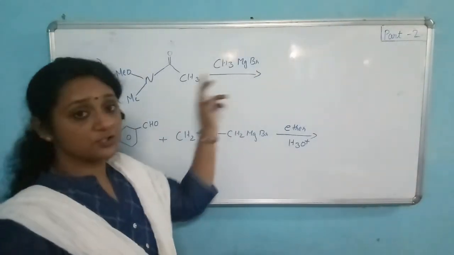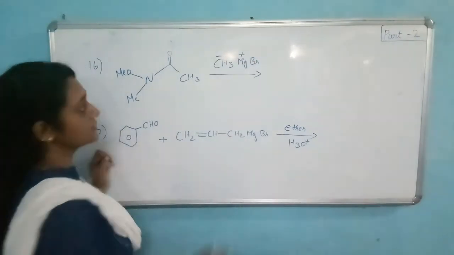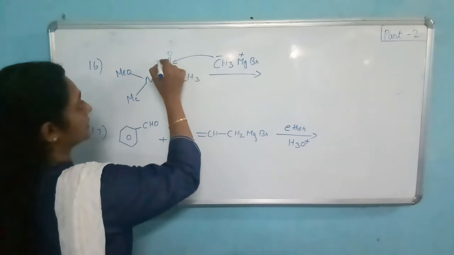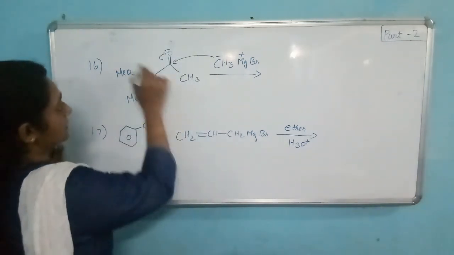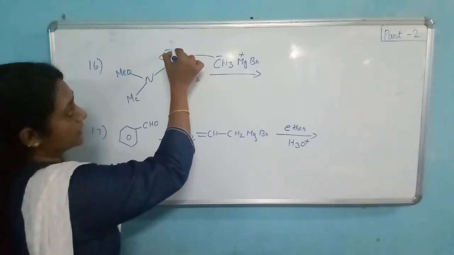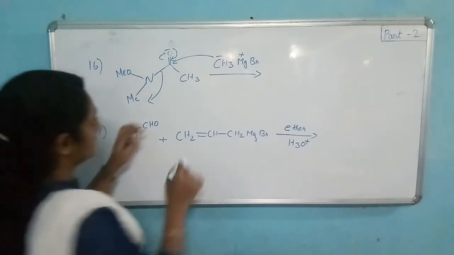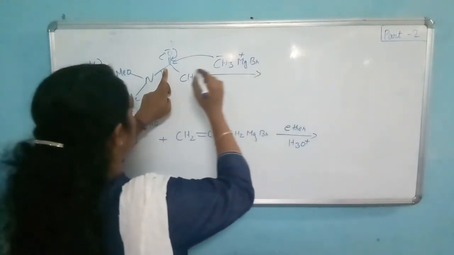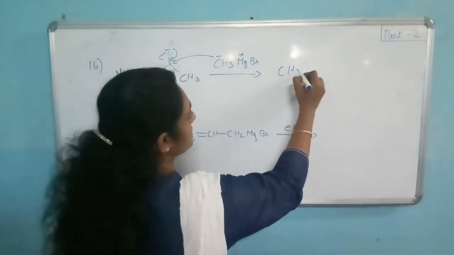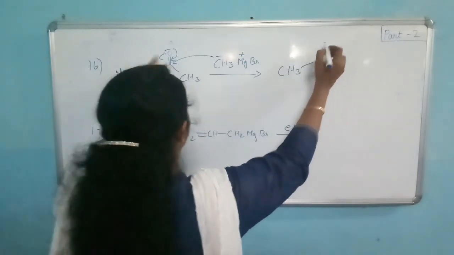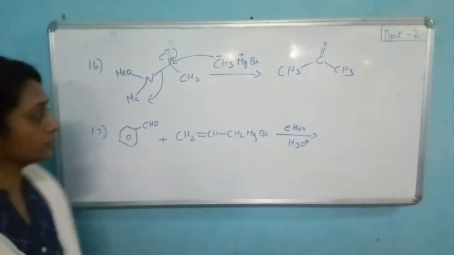Addition of Grignard reagent to a ketone: we have Mg plus and CH3 minus come and attack the carbonyl carbon, the bond shifts to oxygen, and see, this is a leaving group, therefore the O minus comes back and this group leaves, and the final product is, in place of this group, the CH3 comes, and CH3 C double bond O CH3. This is a ketone. Okay.